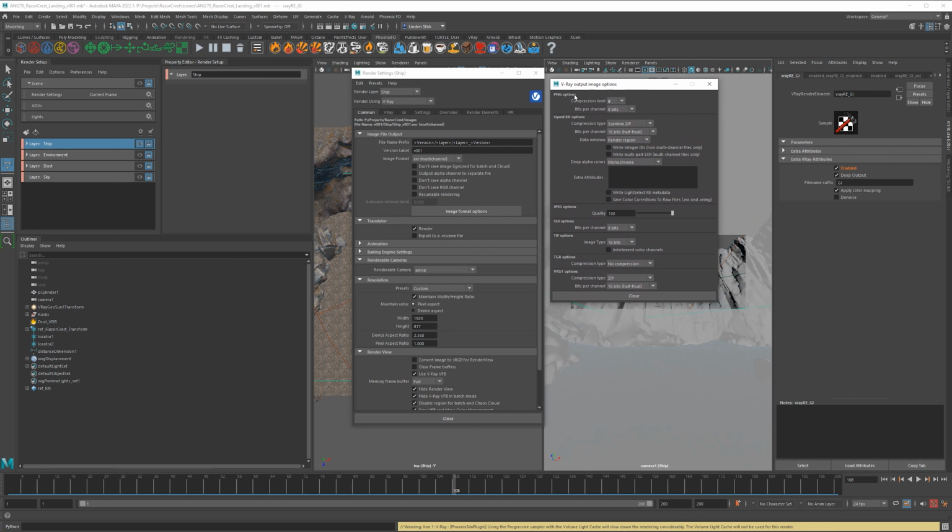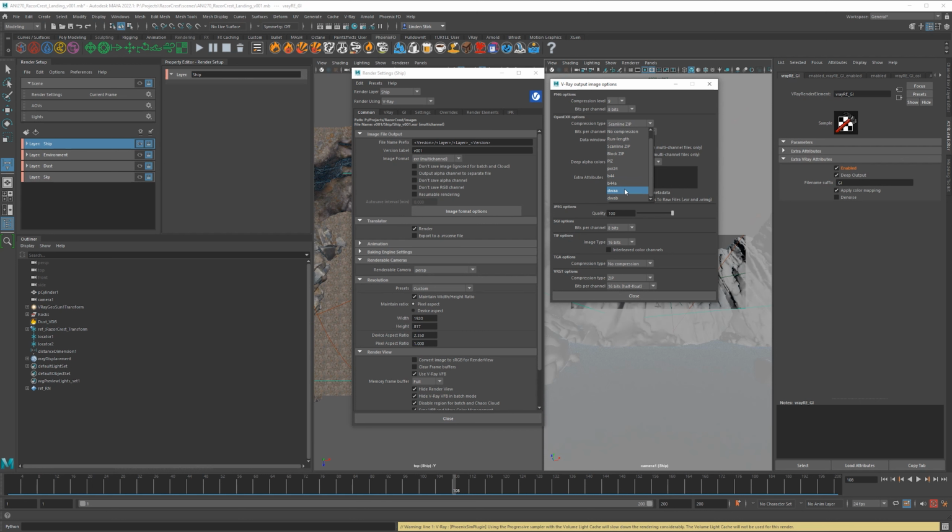V-Ray groups all the image formats in one giant tab, but we are only interested in the OpenEXR option here. There are different compression types that we can choose. Scanline is going to be probably the best. It's lossless, but the files are fairly small. If you say no compression, your files will be absolutely enormous, so we don't want to do that. There's a whole bunch of them here. This one is a lossy compression, DWAA or DWAB. I use this at work because it keeps our files really small and we don't actually need that much stuff to composite at work. But for this class, we're going to do Scanline Zip.